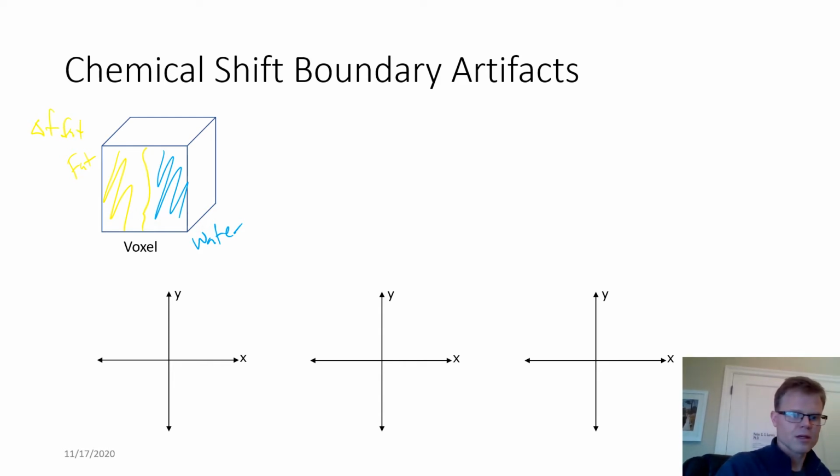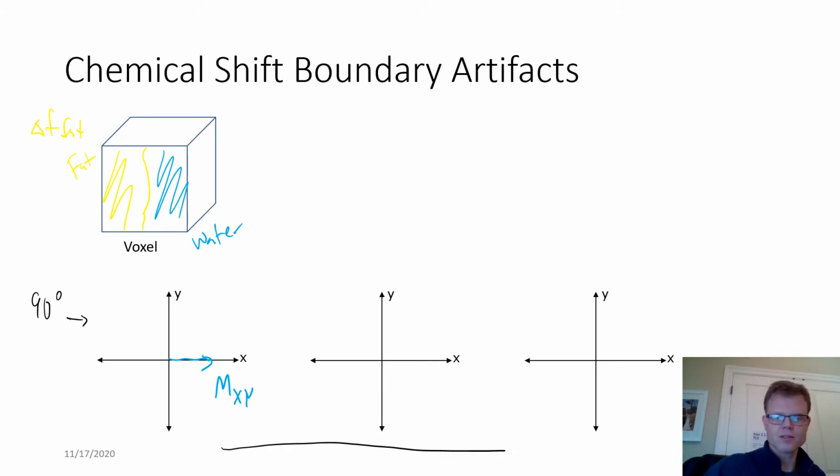Say we come in with our pulse sequence here, we do some 90-degree flip angle, tip our magnetization into the transverse plane, and if we map things over time here,